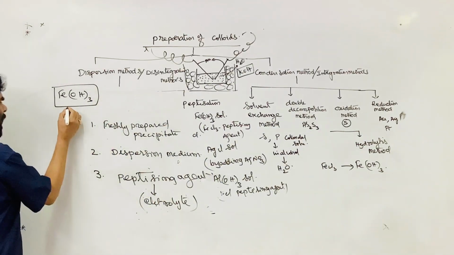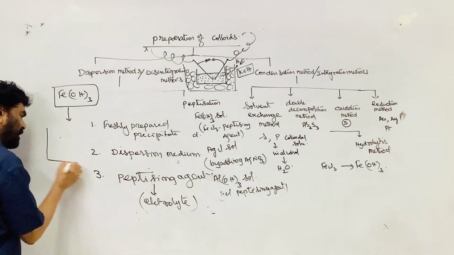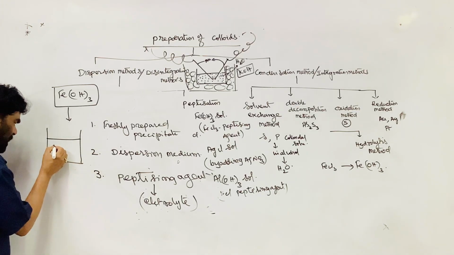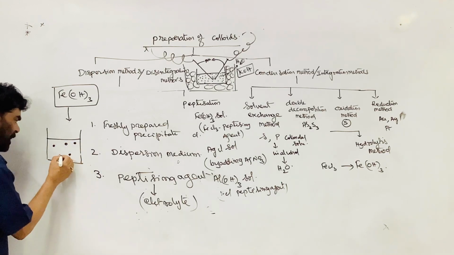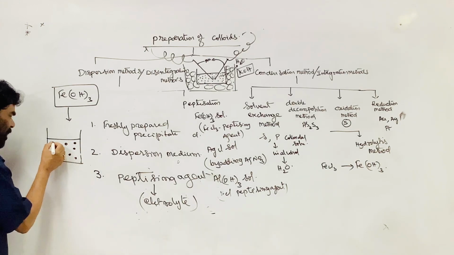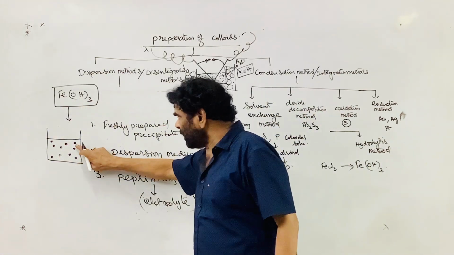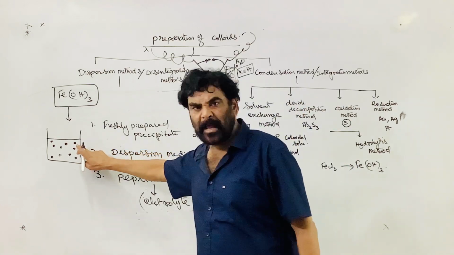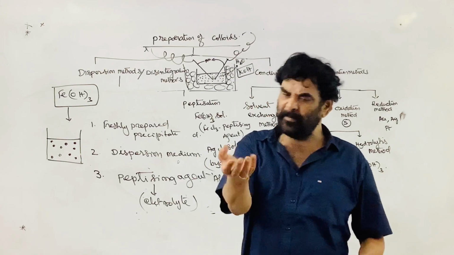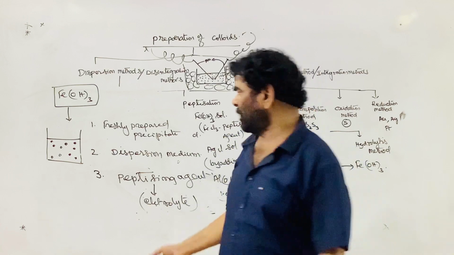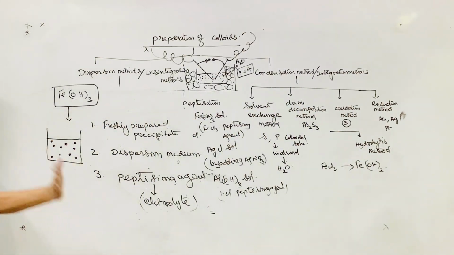Now you add it to water, the dispersion medium, where the bigger particles are present. The ferric hydroxide which is formed is added and thoroughly stirred mechanically. The size is greater than 1000 angstroms. Any material you add and stir gets distributed, but if you leave it, after some time it settles again due to gravity and separates. It is not a colloidal solution.